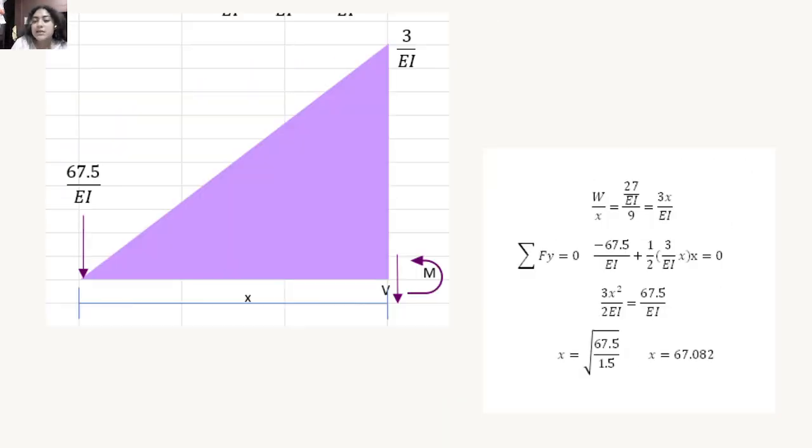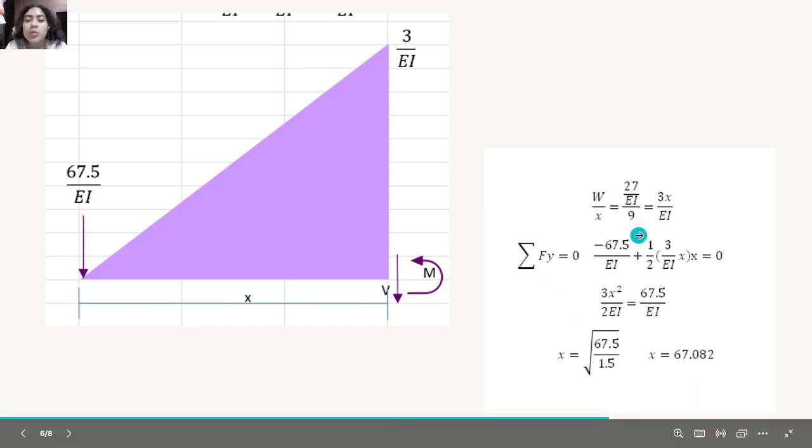Okay, and then that equals the shear force in this section of my beam. It's 3 divided by the elastic modulus, 3 multiplied by x divided by the elastic modulus, and then I use this value